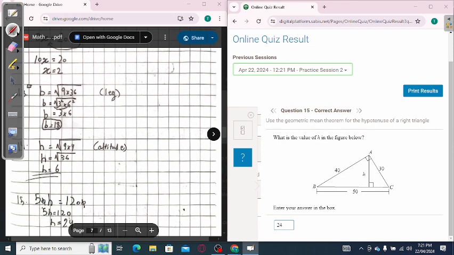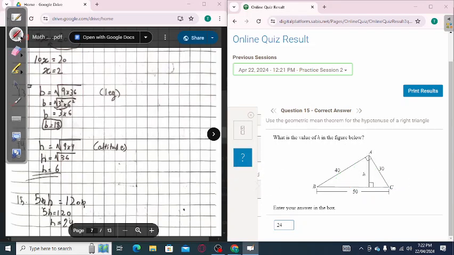It basically states that the altitude and the whole hypotenuse, not just the side of it, is equal to, let me just draw in a different color so you guys can understand, this leg multiplied by this leg. So what you'll get is 50h is equal to